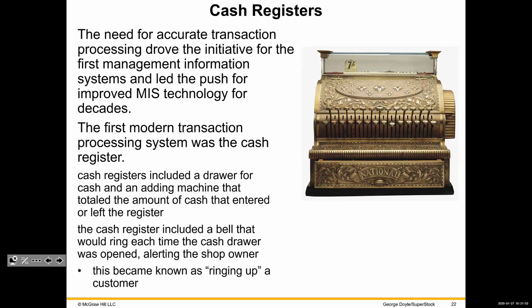Cash registers, those are point of sales. We love cash, right? Cash is king, like I like to say. So that was probably one of the first MIS systems that were developed, and it was a big deal too. I remember when the older cash registers didn't give you the change. You had to figure it out in your head. And when the newer cash registers gave you the actual amount to give back to the customer, everybody said we became stupid. I don't think we did.